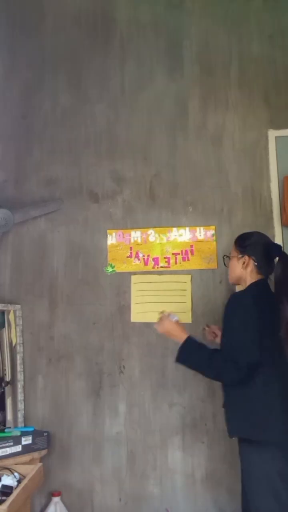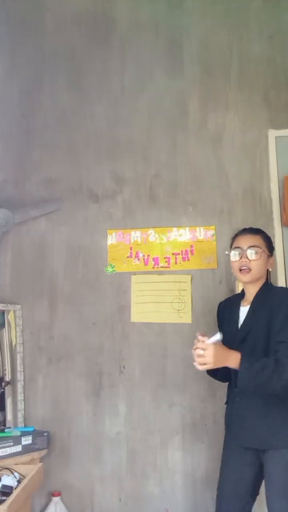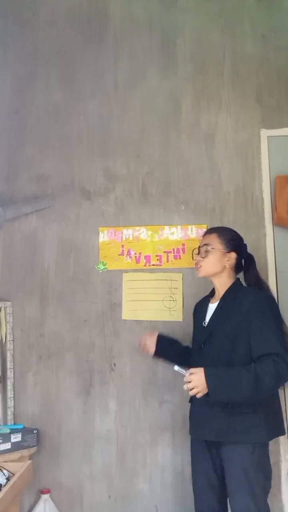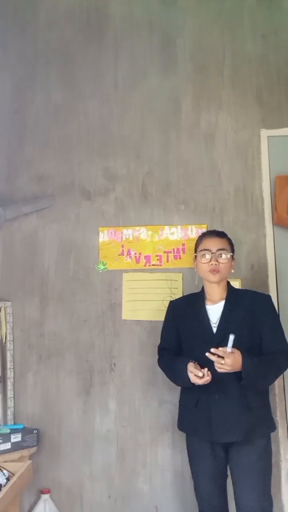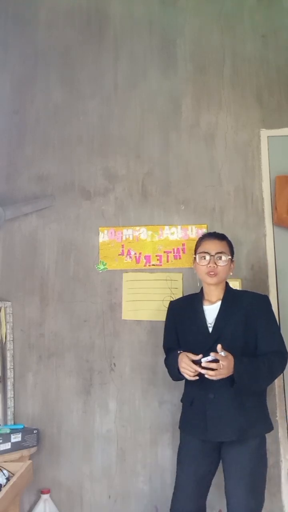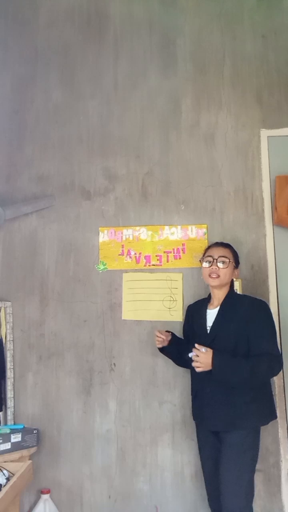So what do you call this? Yes? All right, very good. It is a treble clef, or what we call the G clef. In the G clef, there are two pitch names, which are the space and the AGBDF. The space is the space in a treble clef, while the AGBDF is the line of a G clef.